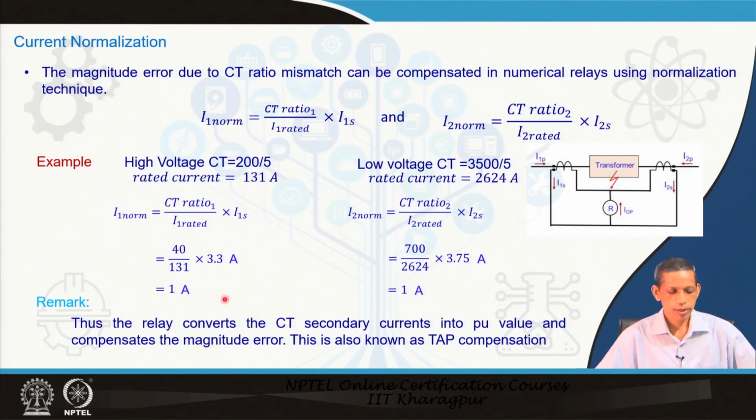Now, what we see from this is that if we normalize the current, even though we have not got the proper CT ratio as we already discussed in the earlier slide, we are getting 1 ampere this side and 1 ampere this side. So, if we use this, for normal situations this will lead to 0 differential current. That is a better thing than the 12% error which you calculated in the earlier slide for the corresponding field current. So, that is the advantage we exploit by normalizing the current the way we did here.